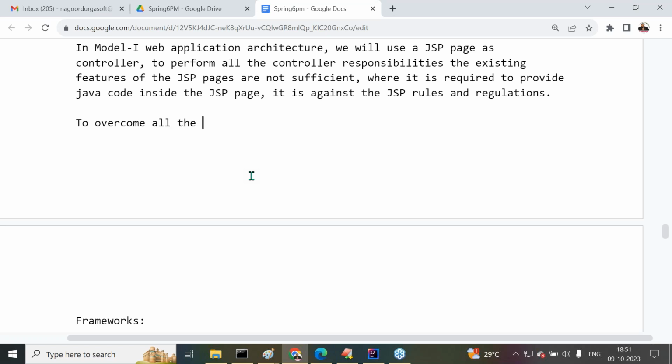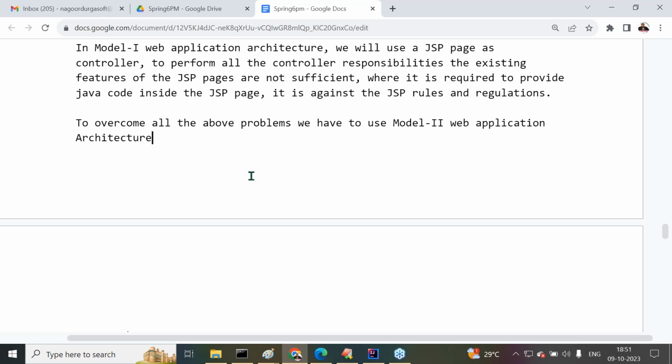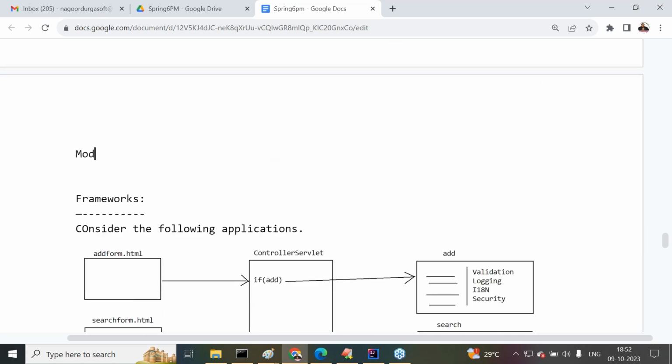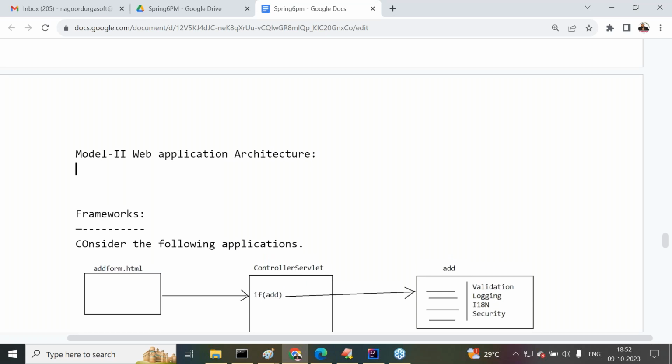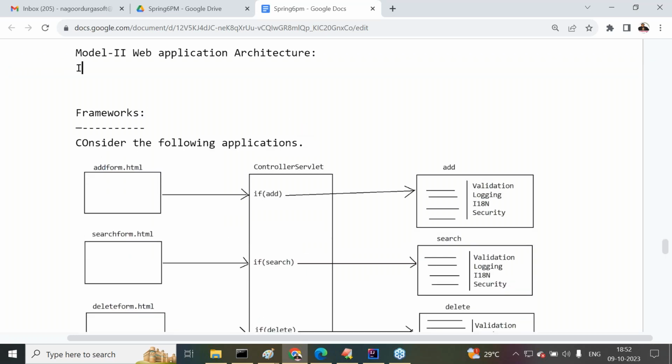To overcome all the above problems, we have to use model 2 web application architecture. Then what is this model 2 web application architecture? Observe carefully. In model 2 web application architecture,